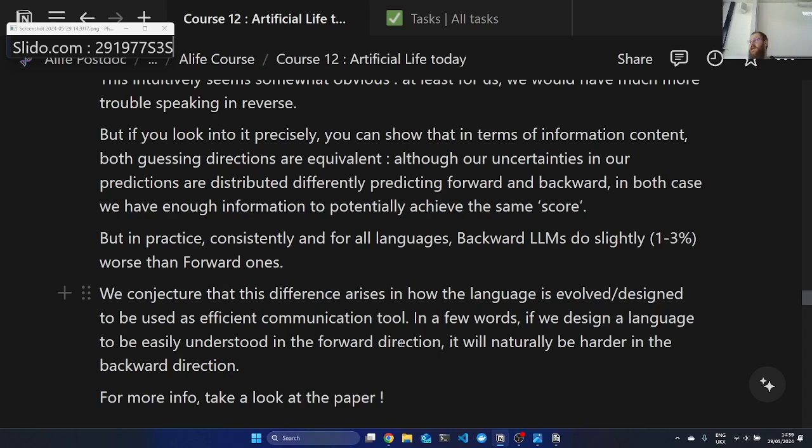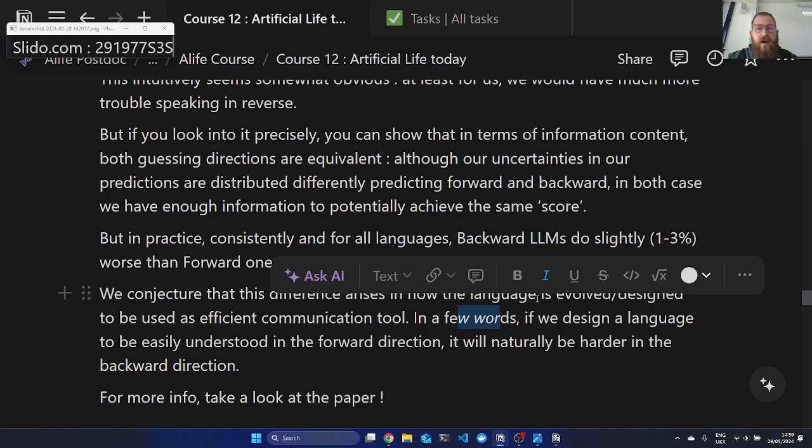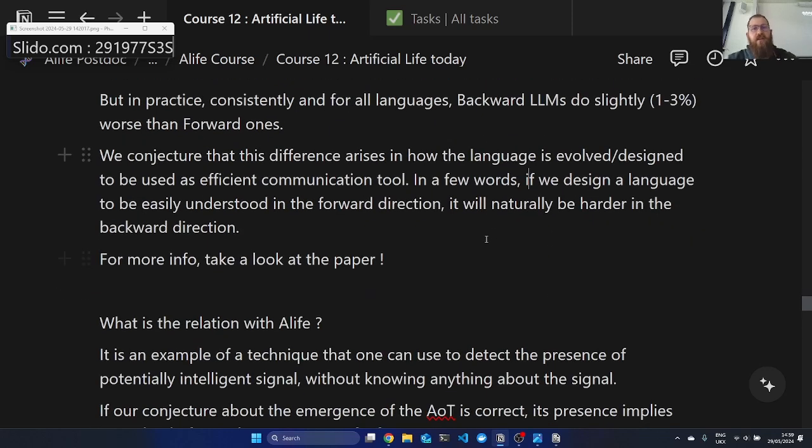One example I can give is that if you take a matrix which is sparse, so a matrix which is mostly zeros, and you invert it, it will typically be much less sparse. So it's the same idea. If I prepare a matrix which is simple and I invert it, going the other way around, it will naturally be less simple. We think it's the same thing for languages. We're not sure. We have a toy model where we show this.